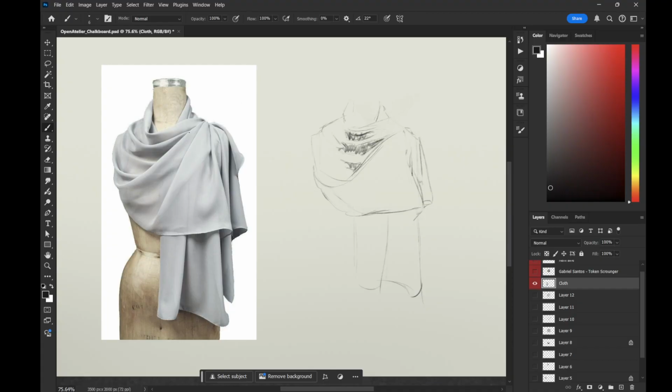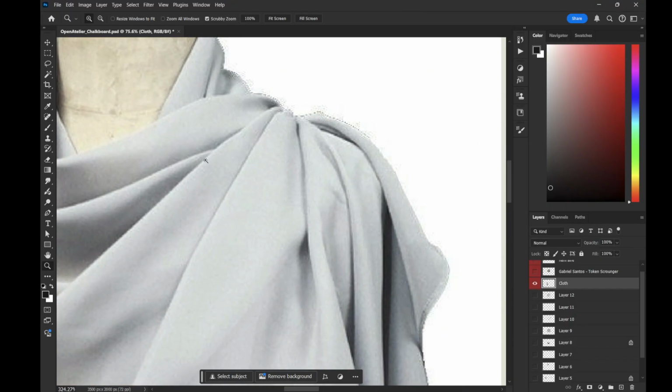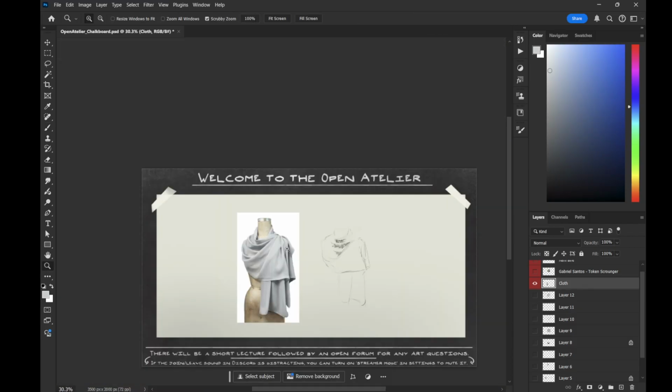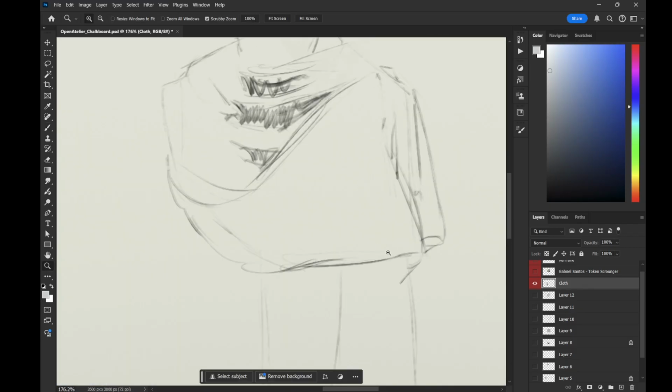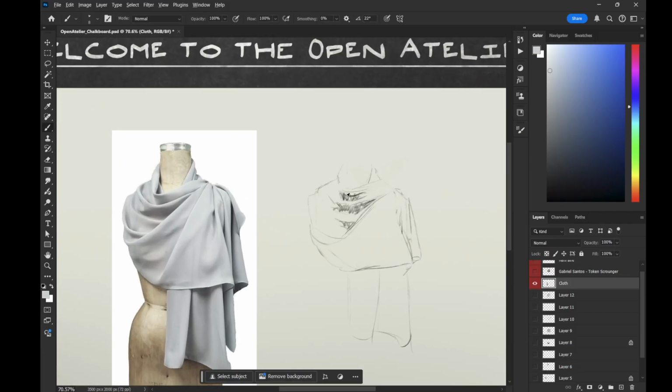I guess you could call this a lost edge, where we've got fabric in light right here and fabric in light right here, and they are kind of blending together. Now, in this case, it's not really a lost edge because we do still have this little highlight to tell us where the edge is. But if we imagine that those were the same value, this would be called a lost edge, where there is an edge between those two, but we can't see it. Okay, so going back to this,